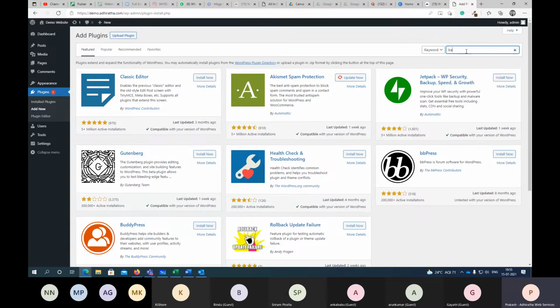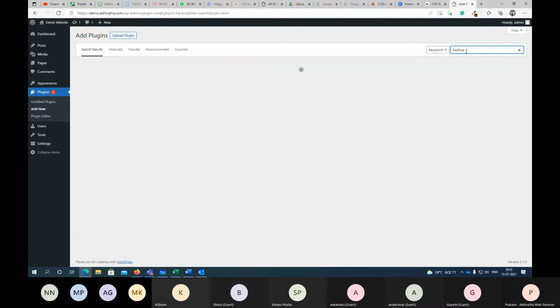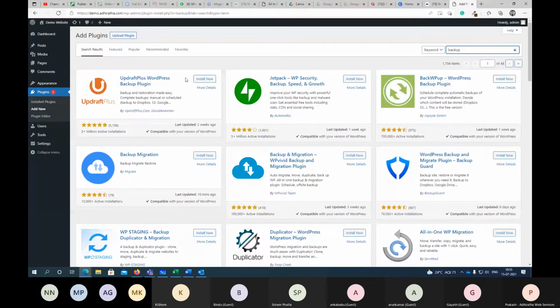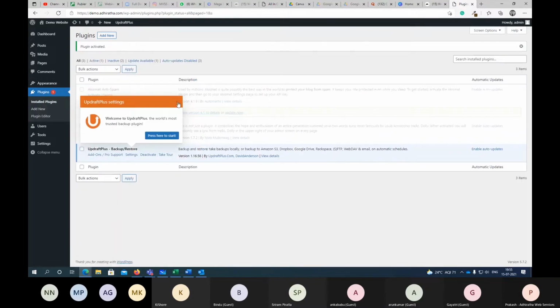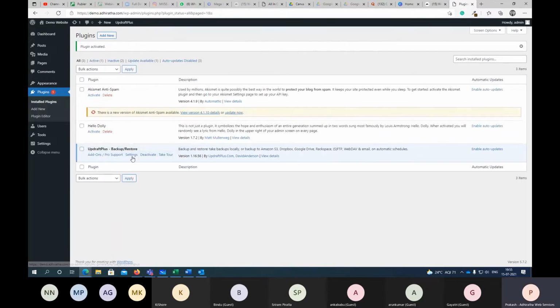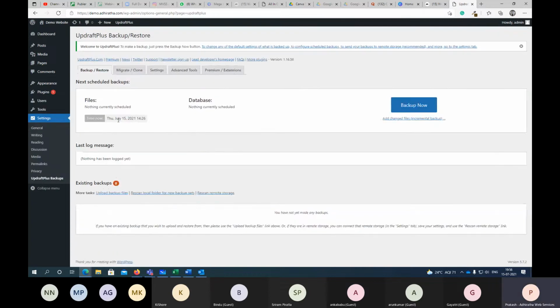Again, search for backup. I'm installing the plugin. Activating it. Go into settings. Consider this is a fresh deployment also. That means till half an hour back, your website is running from say a Mumbai server.